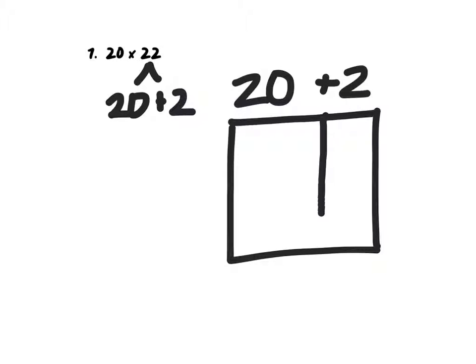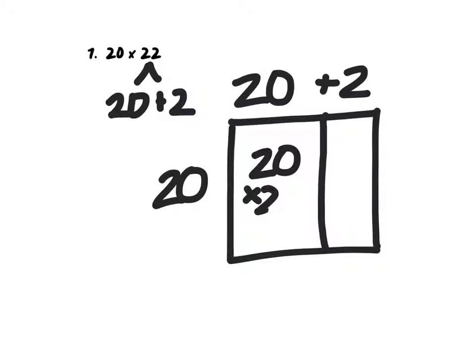And draw a line down so that this area right here will represent 20 and this area right here will represent 2. Now, in order to multiply that by this 20, we will draw 20 on this side. So now this area right here will be 20